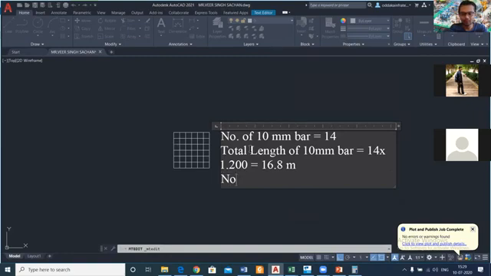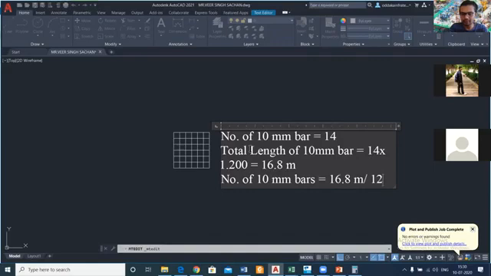So if you want to construct this footing, how many 10 mm bars do you need to procure or buy? Number of 10 mm bars equals the total length of one particular reinforcement we had discussed, I'm just telling it 12 mm. Good. I'm telling it again and again because I want your permanent memory.